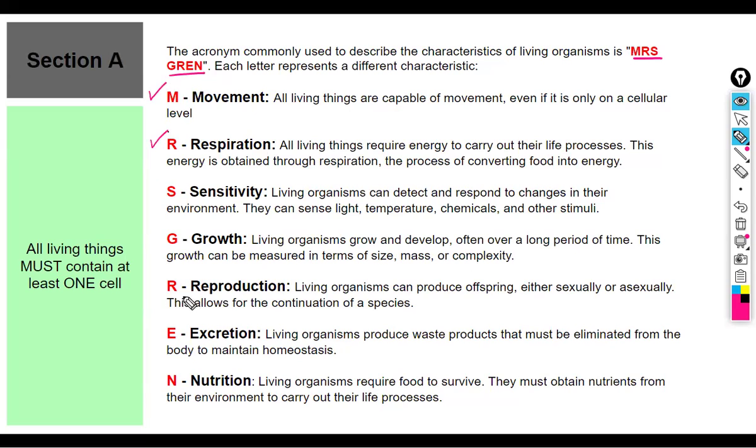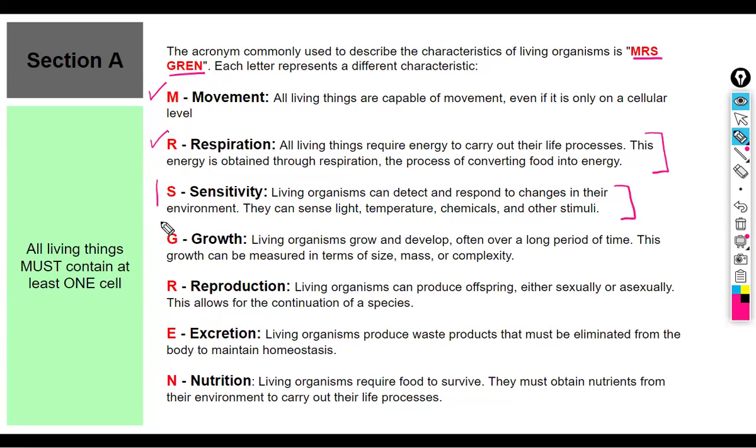It must do this thing called respiration. In case you don't know, respiration is how an organism produces energy. All living things must produce energy. You have a mechanism inside of your body that helps you produce energy. And why do you need energy? Well, you need energy to do your daily activities like running, jumping, even eating, even making your heart beat or breathing takes energy. Without energy, all living things would die.